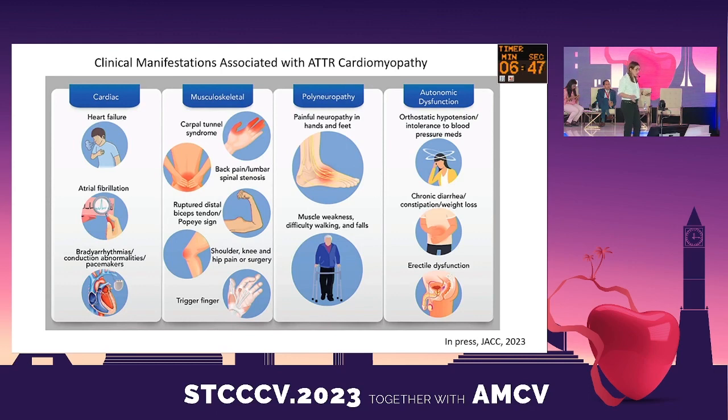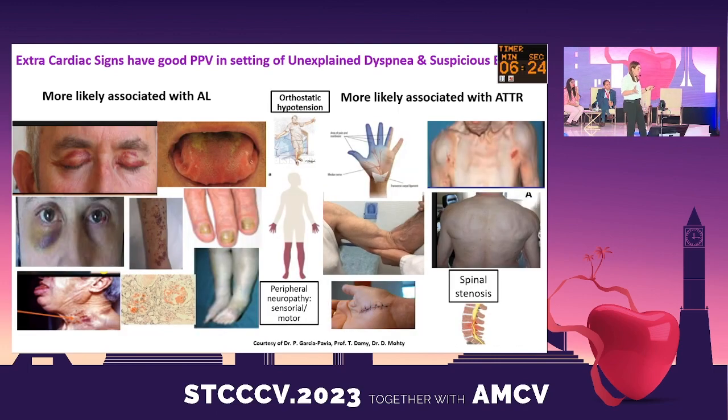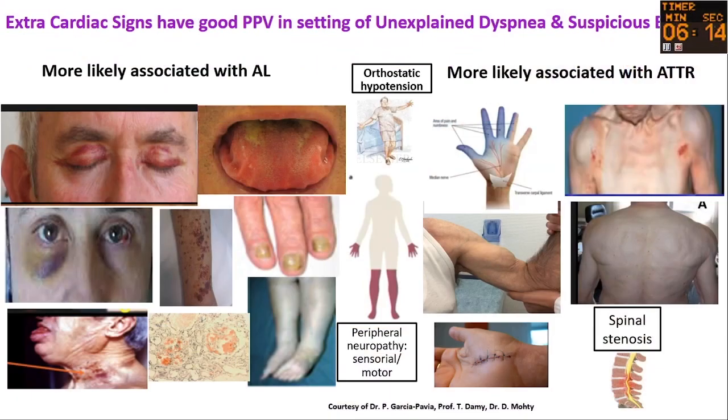Okay, this is a slide. It comes from the JACC 2003, and you can see that the clinical manifestations are very diverse with ATTR cardiomyopathy. It can be cardiac, musculoskeletal, polyneuropathy, autonomic dysfunction, and that's why it leads to the errands of the patient. It goes from doctor to doctor. They travel everywhere, and in almost 50% of cases they see 5 doctors before they reach the diagnosis. I give you more images here because extra-cardiac signs are very important. We're all cardiologists here, and we don't have the time to examine the patient. But remember that extra-cardiac signs have a very good positive predictive value in the setting of unexplained dyspnea and